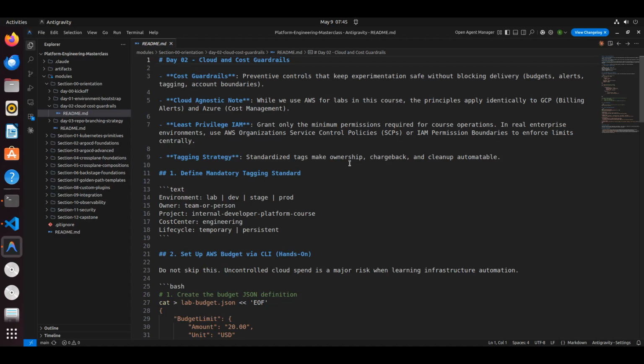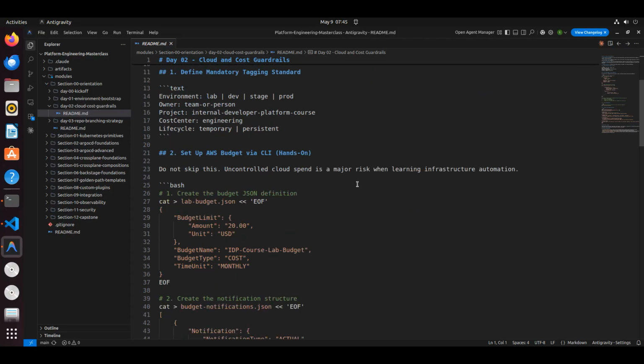Standardized tags make ownership, chargeback and cleanup automatable. That is very important. Tags in the real world will help you a lot, and they give you the feasibility to do your automation as well. So how are you going to do this? We'll just see those things. I've already given you the complete readme file here. In step 1, if you see,